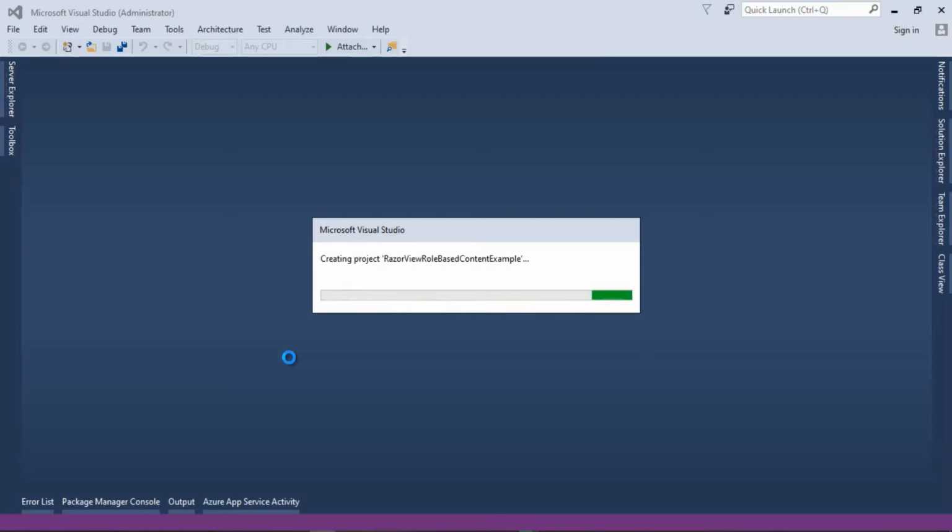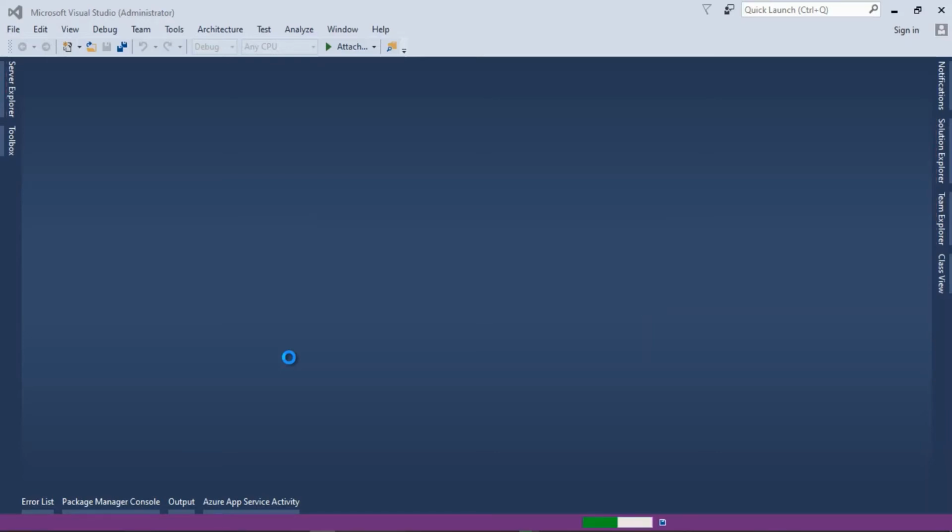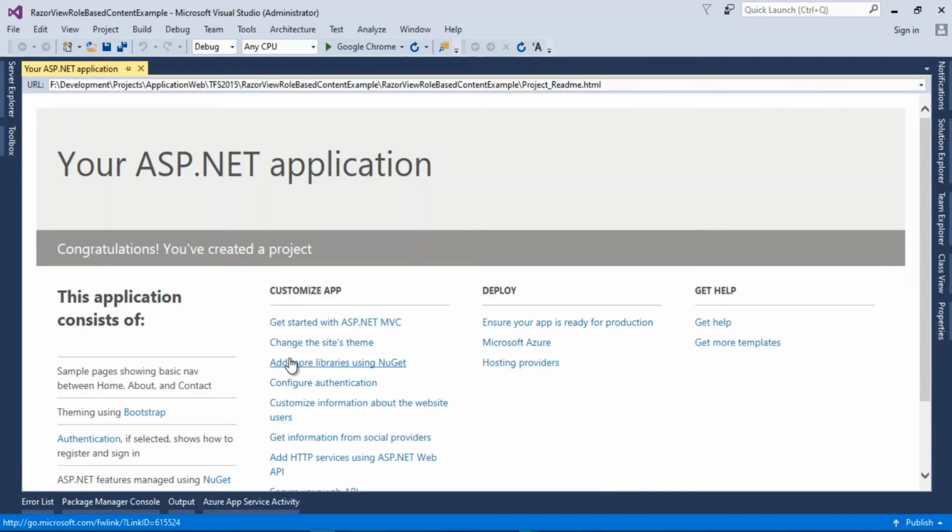We will use different types of roles in our project. I will show you in a minute how we can create different types of roles and display content according to the roles. So our application has been created.